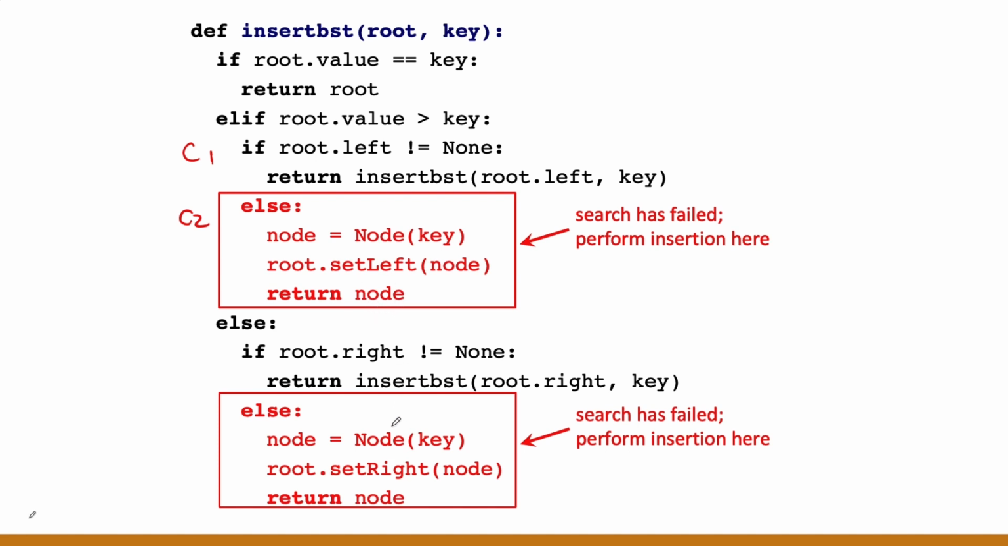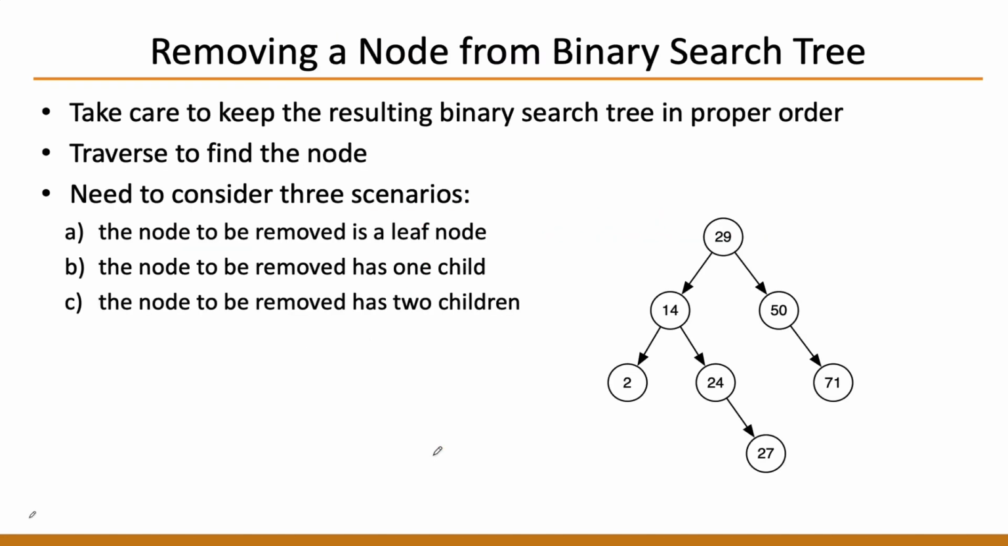For the right-hand side, we do exactly the same. If the right-hand side is not empty, then we do the recursion. But otherwise, if the right-hand side is empty, then we create a node with the key value, and we set the right-hand side of the root to be the node itself. Very similar. Insertion is almost identical to the search,